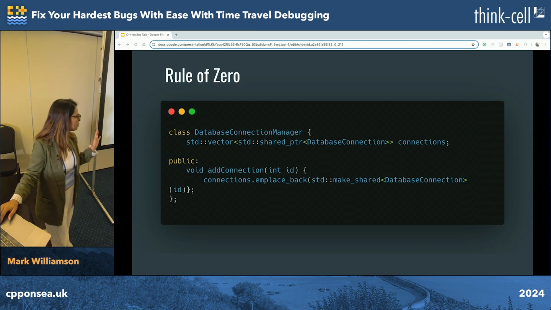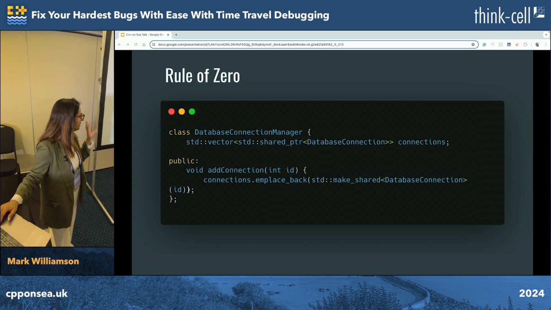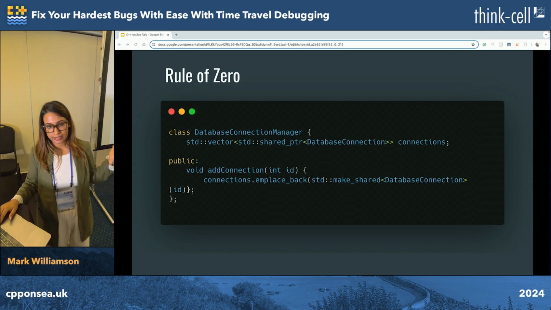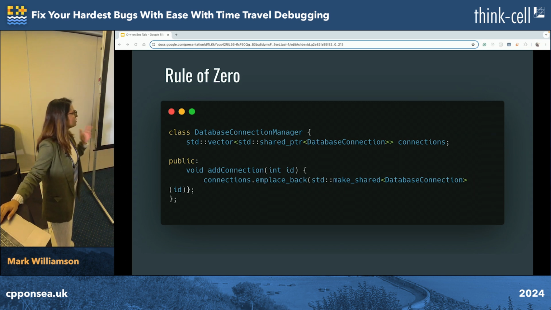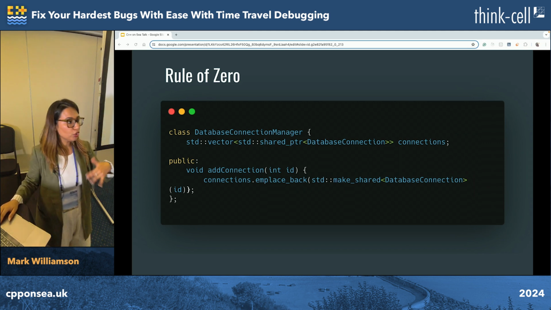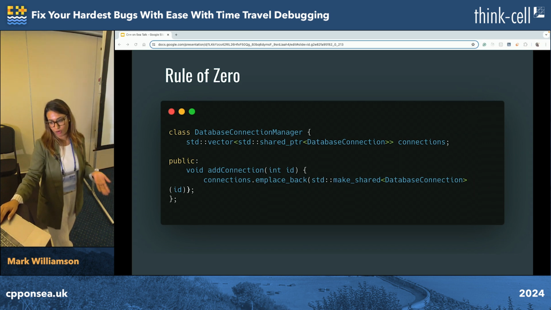It may look like a lot of jargon right now, but when I divide this code further, you will see that it becomes a beautiful picture later. But these are the two things which the rule of 0 says that you should have, which is RAII and smart pointers, which will make your code far better. And you would not have to explicitly define all the 6 special member functions.